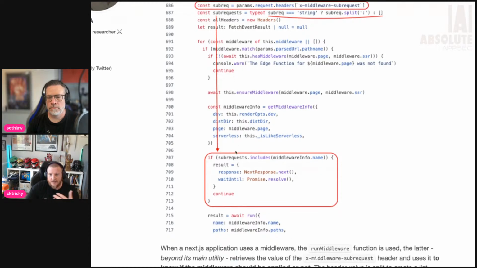And basically it says if that sub request includes middleware info.name, then it says NextResponse.next. What that does is it says, hey, rather than execute each individual middleware that's placed into the route configuration, just ignore it all. Don't run any of the middleware. Just go to the last thing.